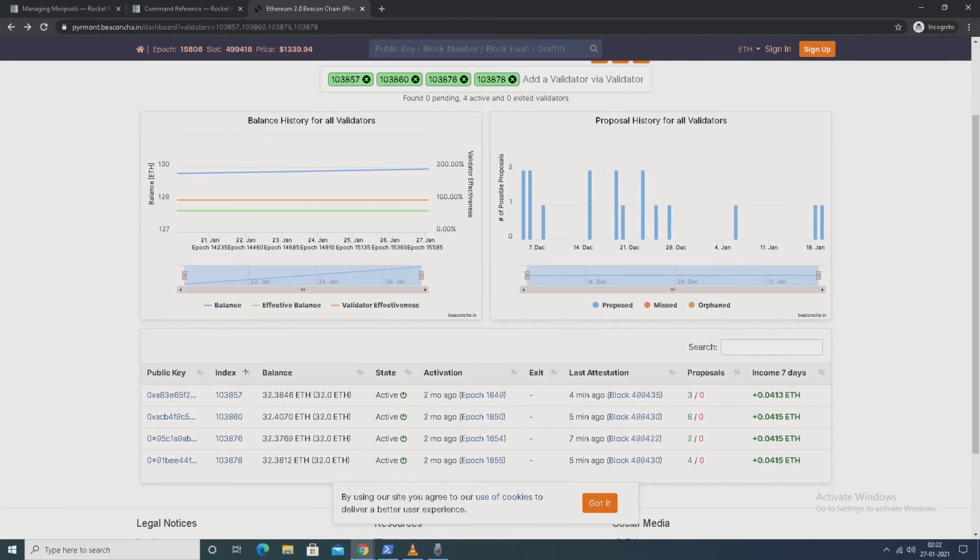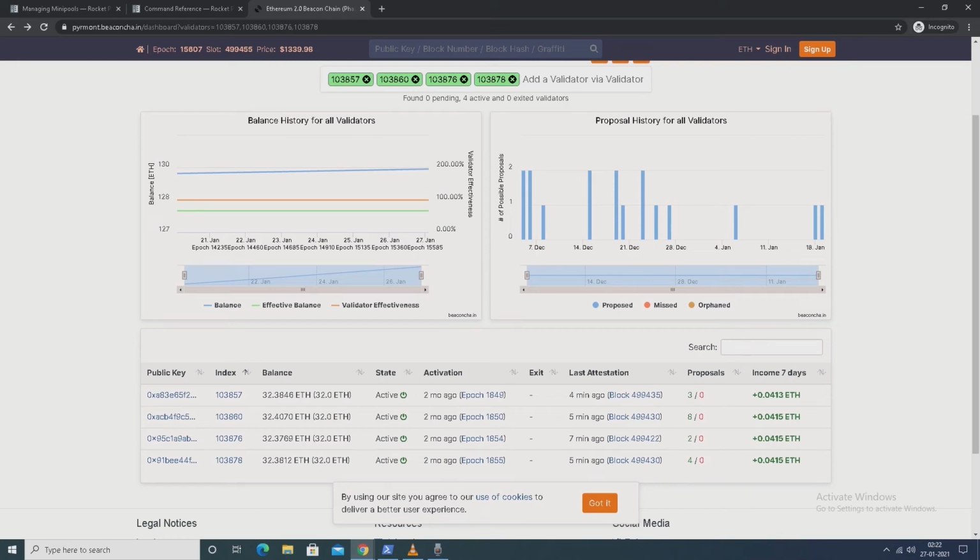We will withdraw 2 validators having the minimum balance. So these are the two, index number 103876 and 103878. These two are having minimum balance.